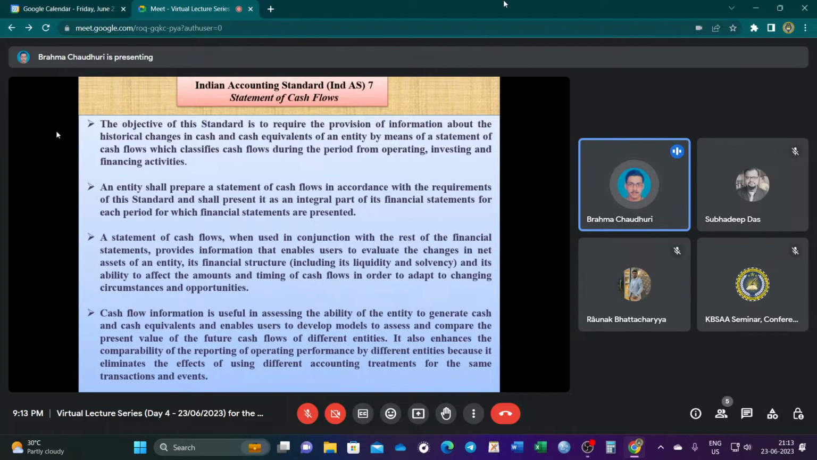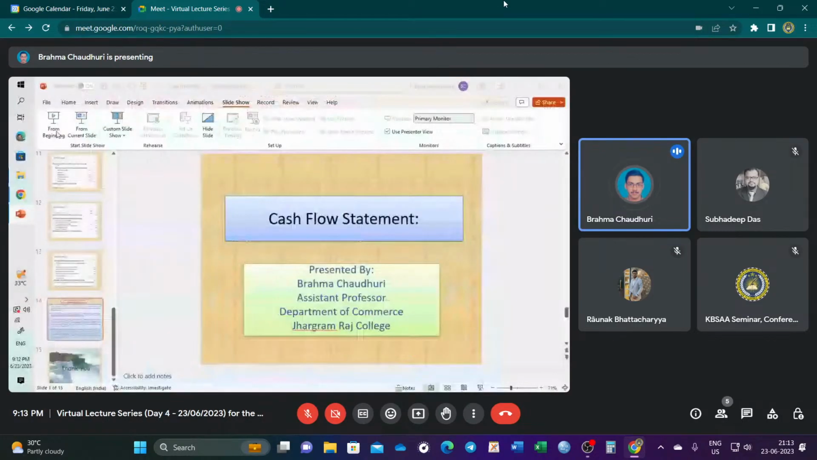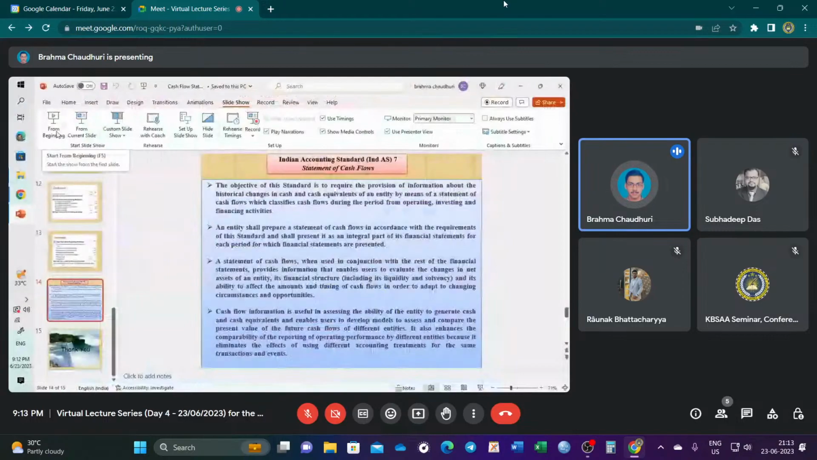So this is generally the motive, the purpose of preparation of the cash flow statement as per Indian Accounting Standard 7. Now I will be focusing on the practical aspect, how problems on the cash flow statement have to be solved. I have given the theoretical background. Now I will be focusing on the practical aspect. So what we have learned from the theoretical background is that